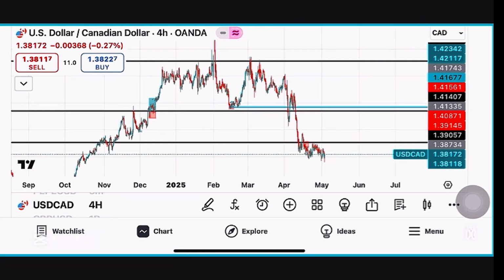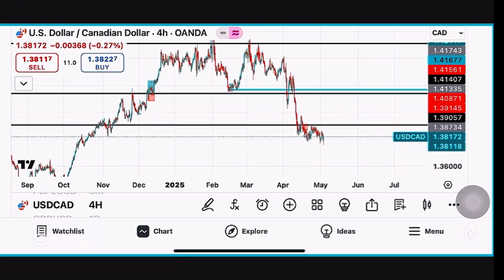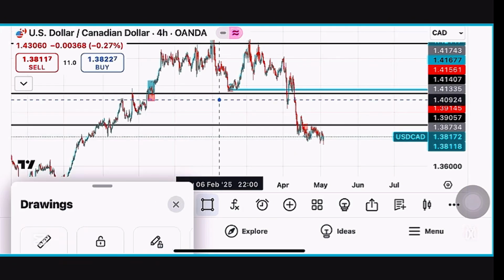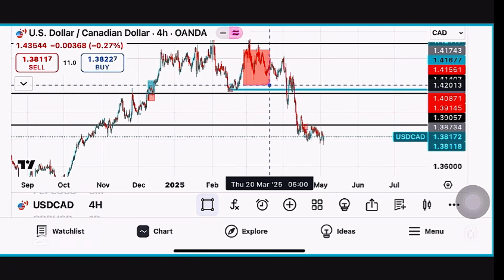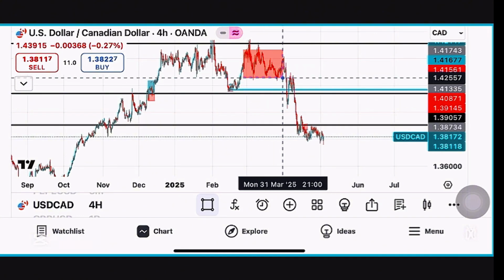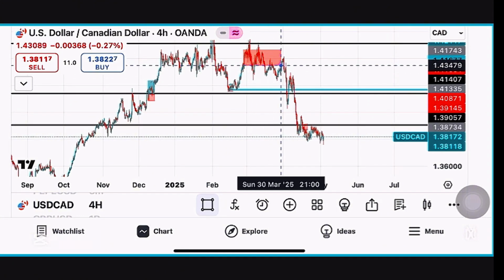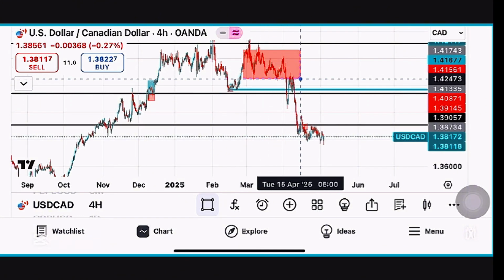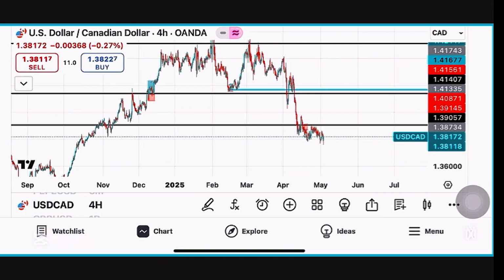Okay, so what you have to do is, first of all, when you log into your chart, mark out your areas of support and resistance. Now you are trading along with your support and resistance. Okay, you don't want to trade any price action that is happening here because you may end up losing your money. Okay, you don't want to trade any market in this zone. You want to trade at all those